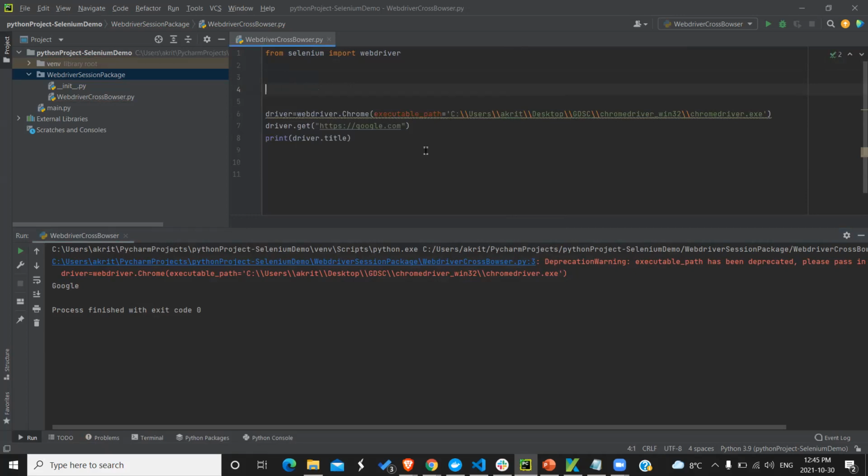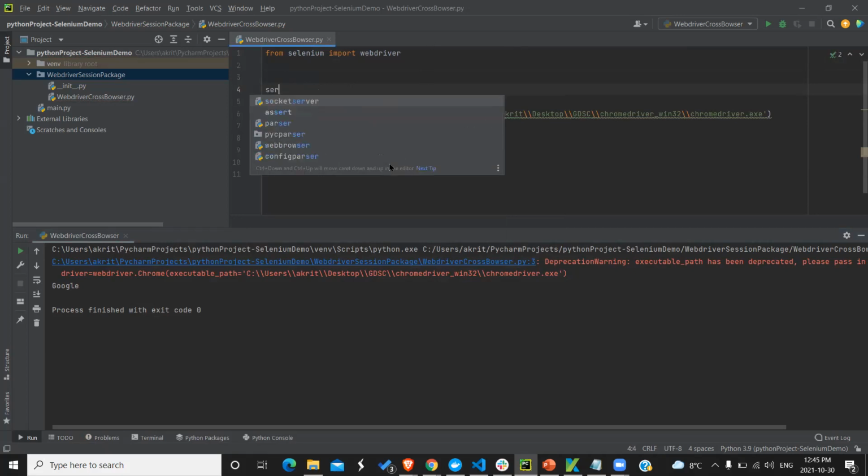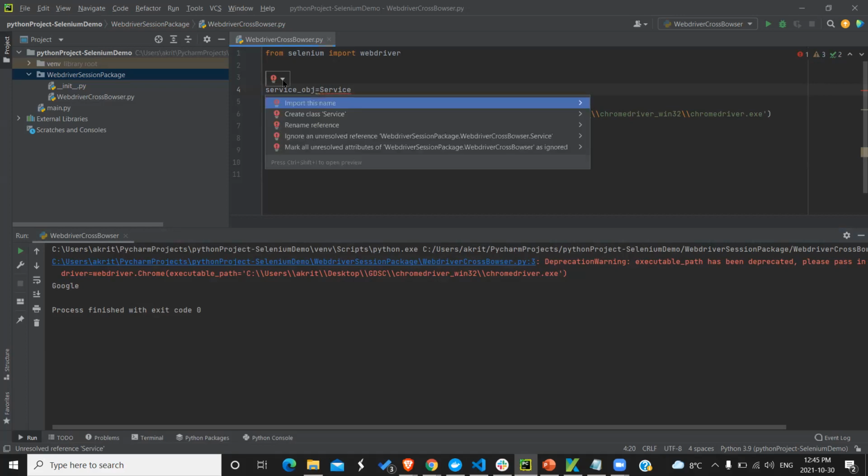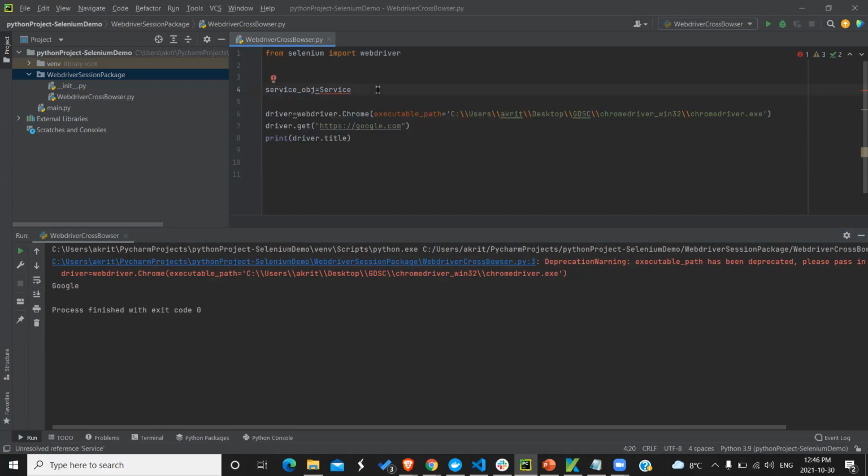We will provide this executable path that we have mentioned here into our service.